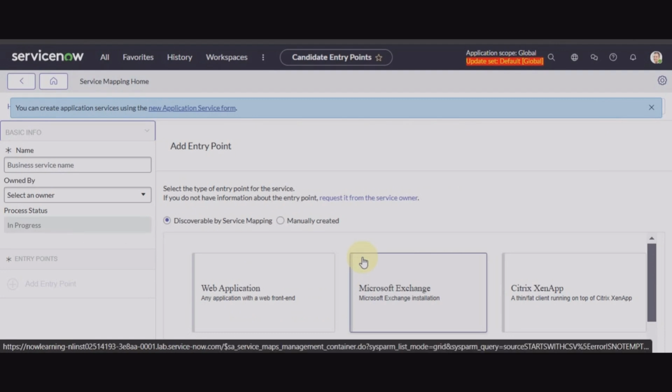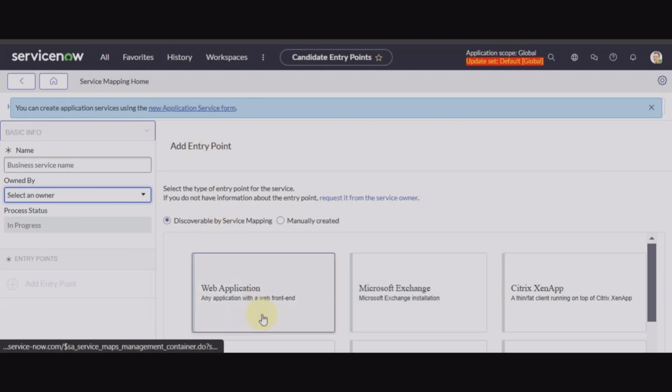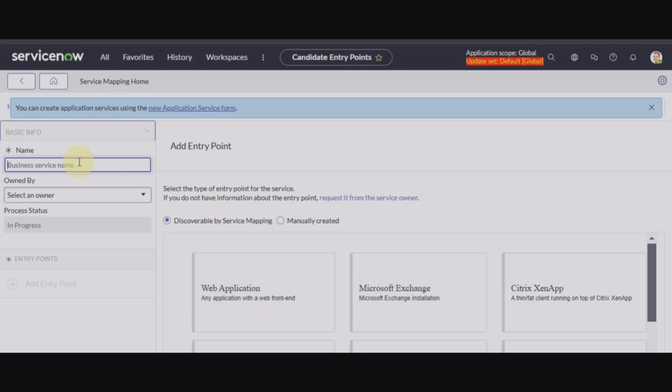First things first, service map starts with the entry point. So we will have to give an entry point, the name of the business service, and an owner if you want, or you can just proceed. The entry point here will be a web application, because we will be using this entry point to discover the services. So let's give it a name,